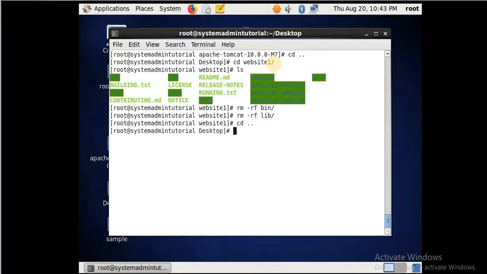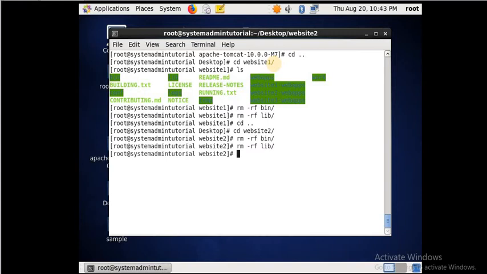Follow the same step for website 2 and go to website 3.